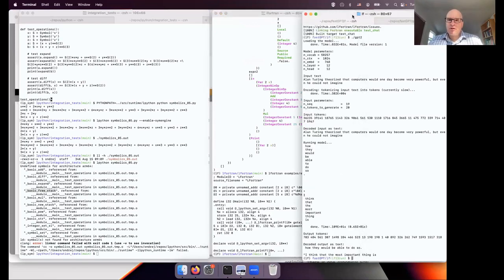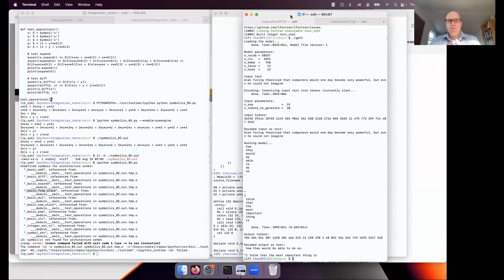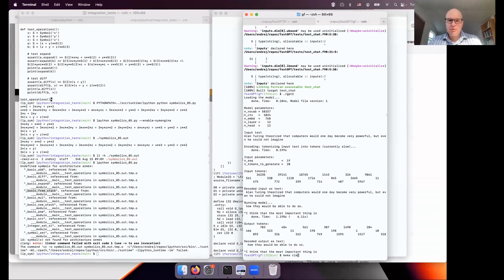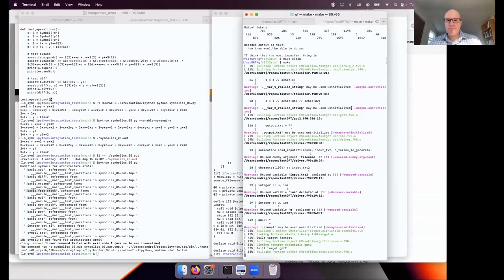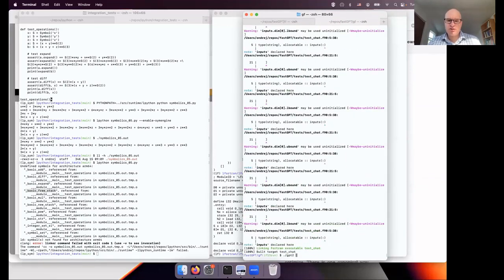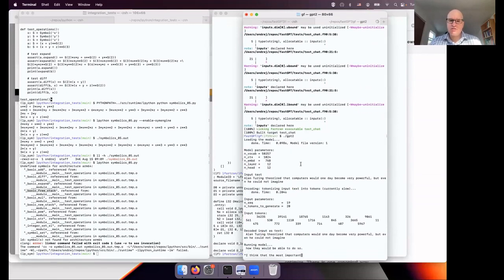And then to get an idea about what we support today with LPython, we have this demo. It's called FastGPT. It's a GPT implementation in Fortran. Let's compile it with gfortran first. So now gfortran is being used to compile it, and if I run it, it's using the old GPT model.